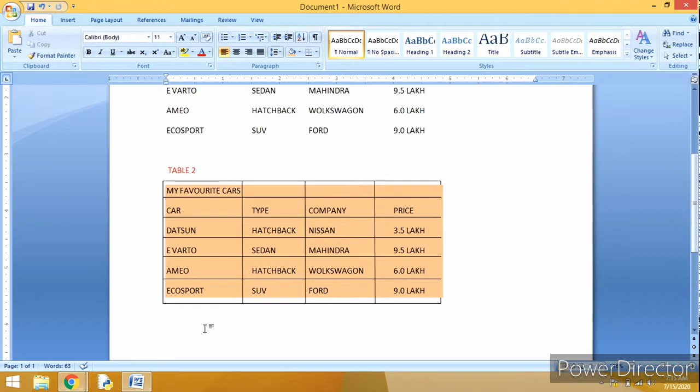Am I able to get a table in my Word document file? Yes, sir. So can we get the table in a notepad? Yes, sir. You try yourself in a notepad. You can never get the table in a notepad.